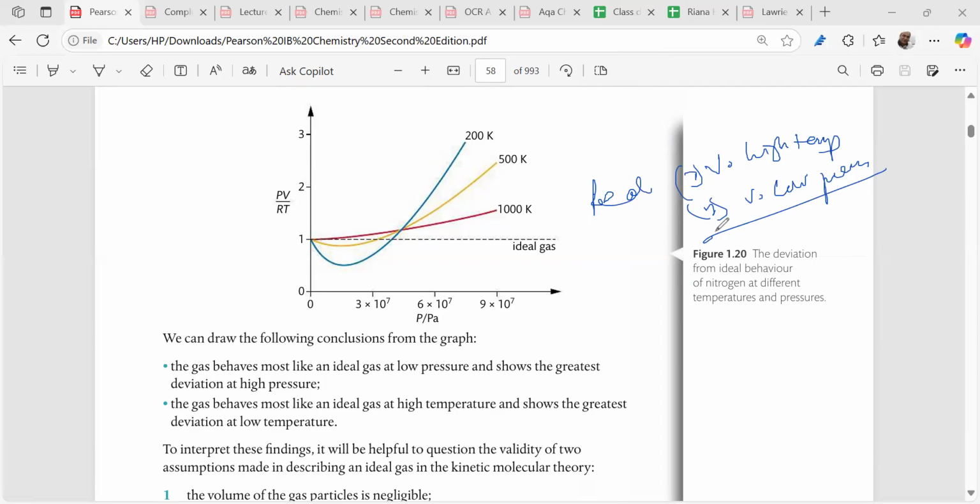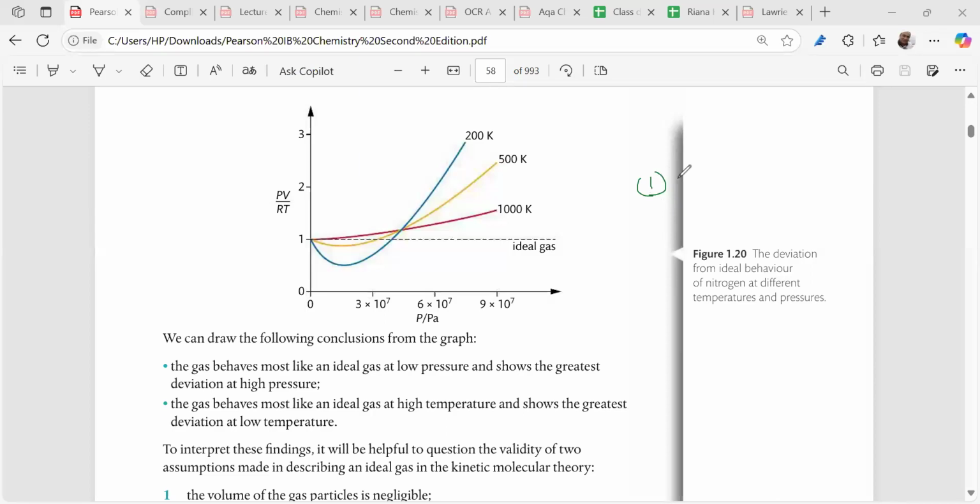Fine. Is it clear? Just 1 minute. Please tell me what we discussed. Please tell me that the real gases will be behaving as the ideal gases under which particular conditions? Under very high temperatures, isn't it? Second is what? Tell me. Low pressure. Very low pressure, not low, very low pressure, isn't it? Fine. At very low pressure, what happens?